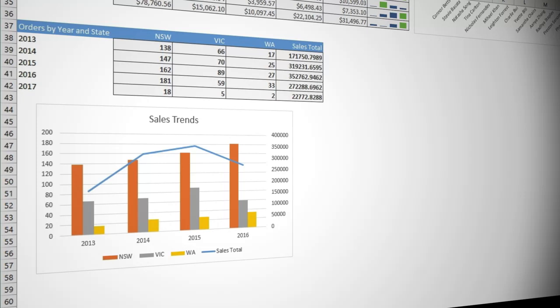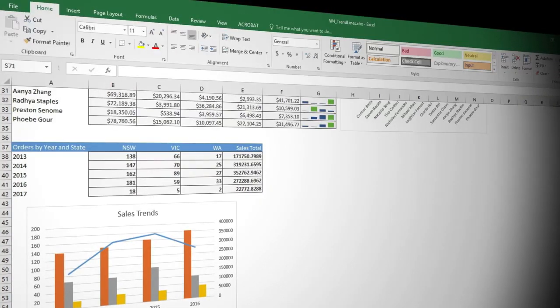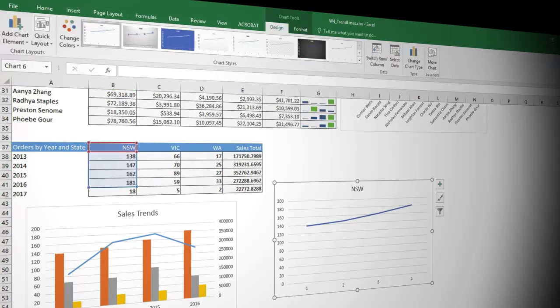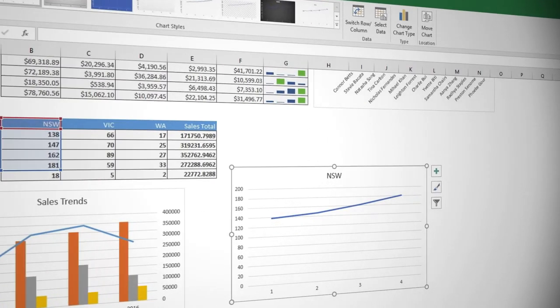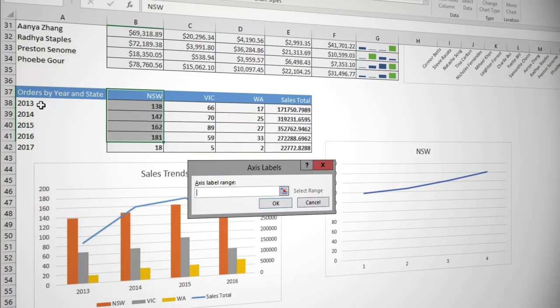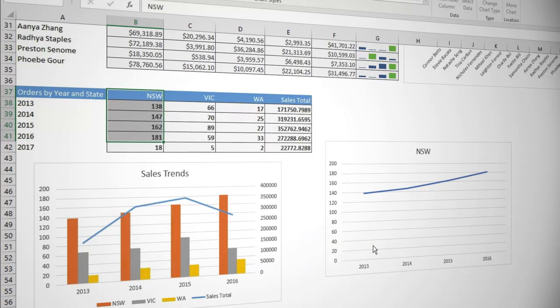Although we want the years on the horizontal axis, we saw last time that it didn't work. So we'll only select the New South Wales data this time, including the heading. So I'm going to highlight cells B37 to B41, click on Insert, click on Line Chart, and I've got a chart for New South Wales. Now we can add the years onto the horizontal axis. Click on Select Data, click on Edit, and highlight the years in cells A38 to A41, OK and OK,